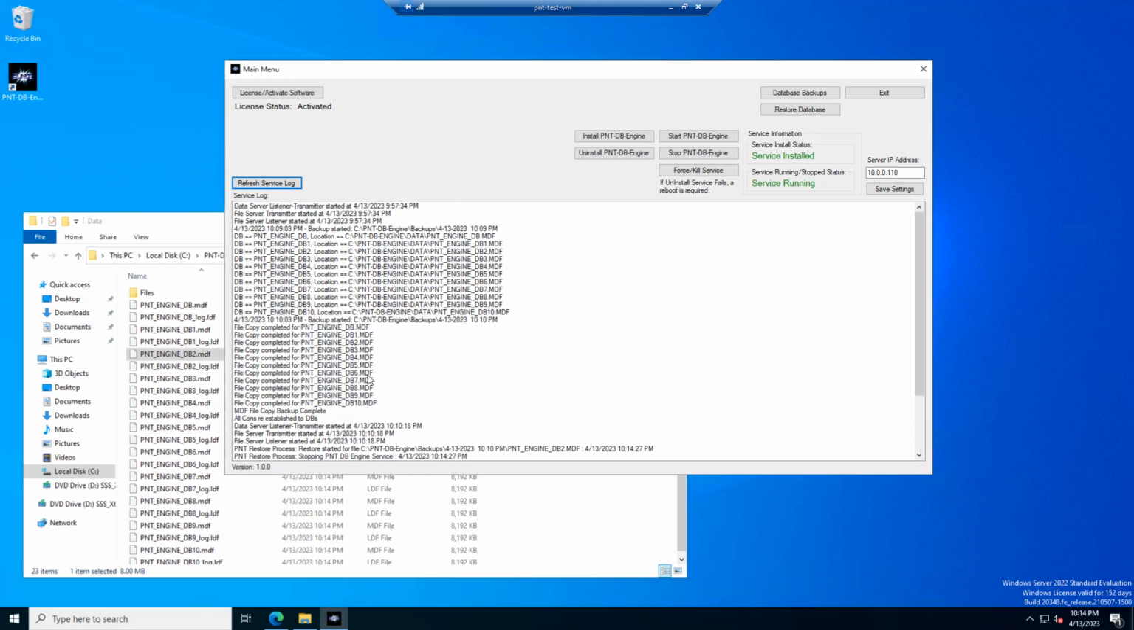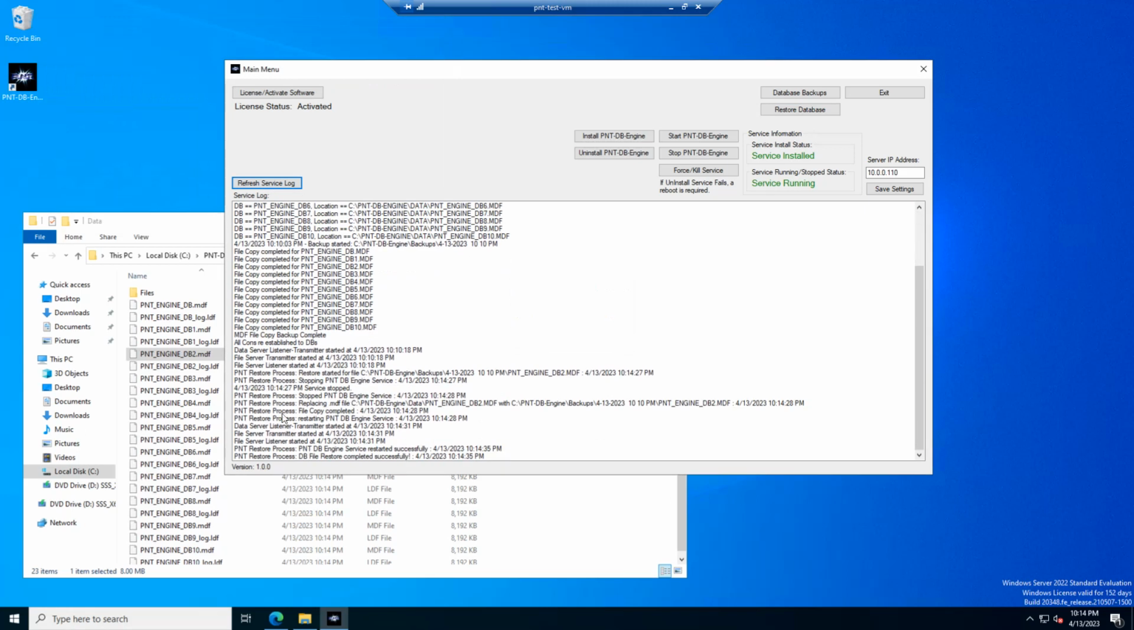If we look at the log here, we can scroll down a little bit, and we can see right here that on our last MDF file backup, once the services were all back up and running, a restore process was started at this time. And you only get these prompts here if you do the restore through the database program. If you copy and paste the files, you won't see this other than the starting and stopping of the services. But we can see that it started there, stopped the service,